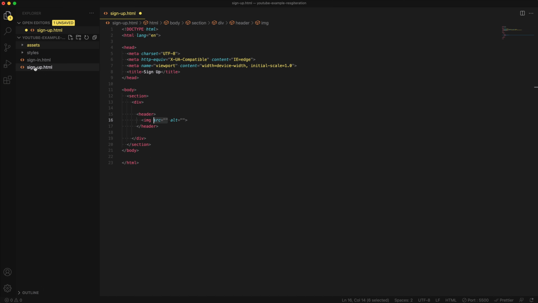So right now I am in sign up. My image is inside the assets folder and I want this logo.svg. We're going to bring that in a second. And we have an alt attribute. The alt attribute specifies the alternative text in case we cannot load the image. It's also really good for screen readers, and in some cases it's good for SEO as well. So I'm going to call this logo,